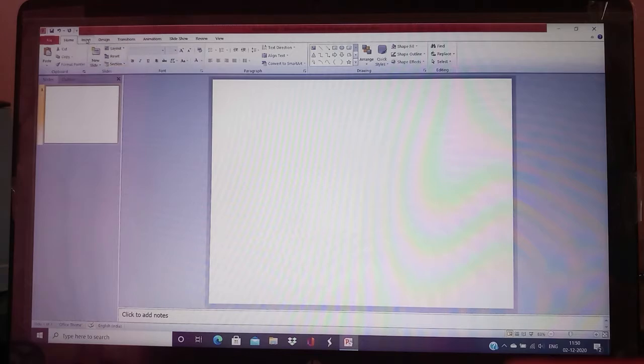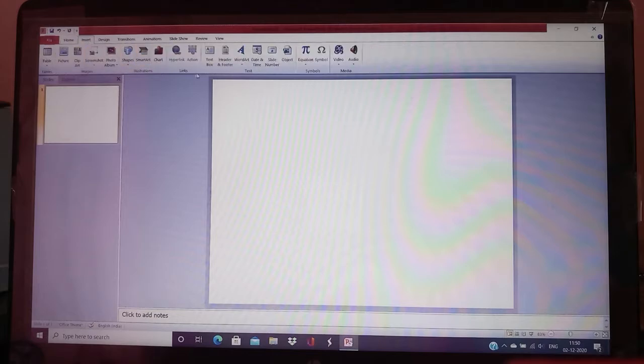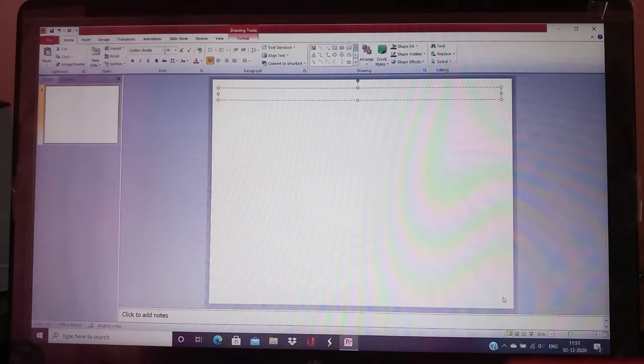We can go to the Insert tab. We can click on the text box and draw it on the screen. Here you write the text about Mahatma Gandhi.